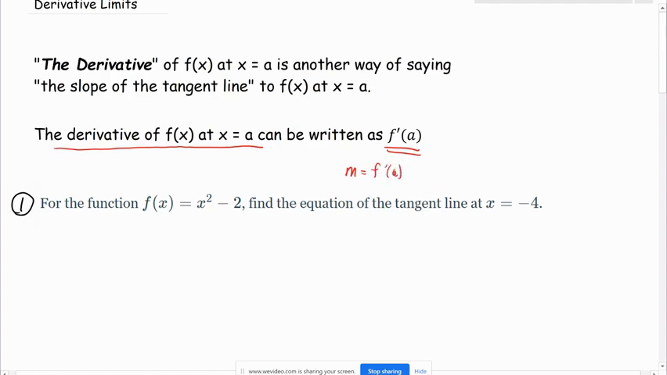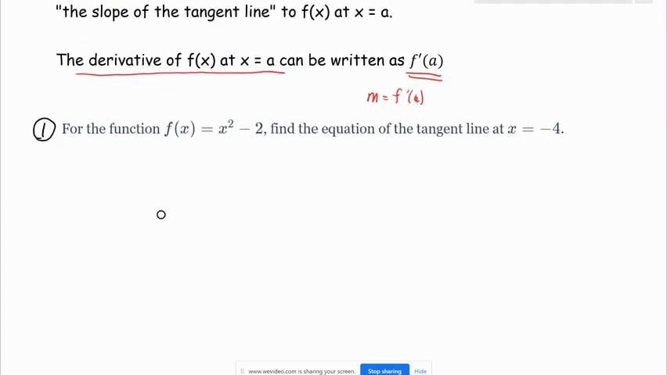So for the first example, we have f of x equals x squared minus 2, and we want to find the equation of the tangent line at x equals -4. That means we need the slope of the tangent line at -4. So that's going to be called f prime of -4. Using the limit that we learned, limit as h approaches 0,